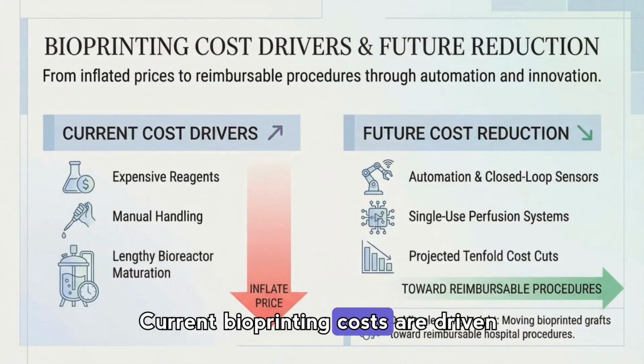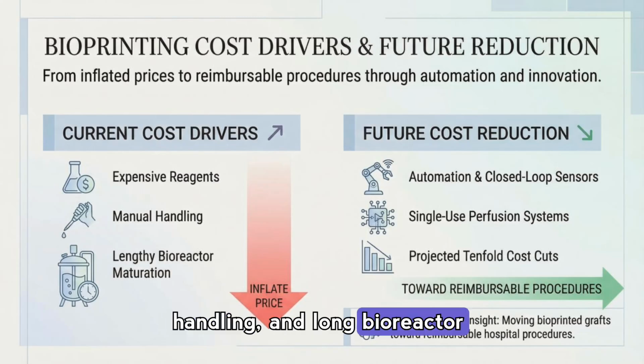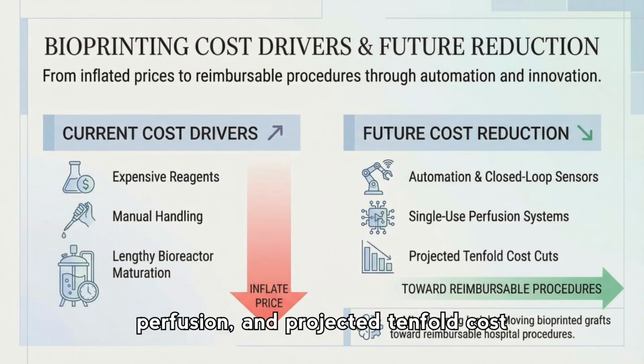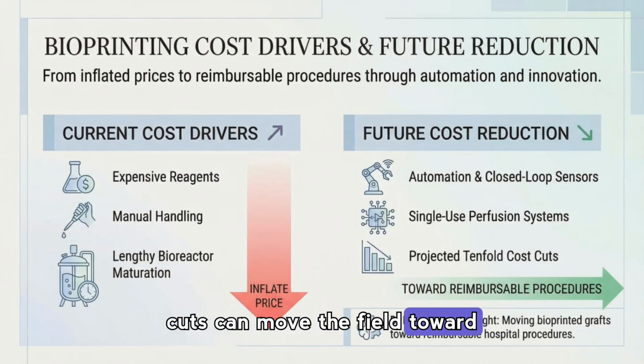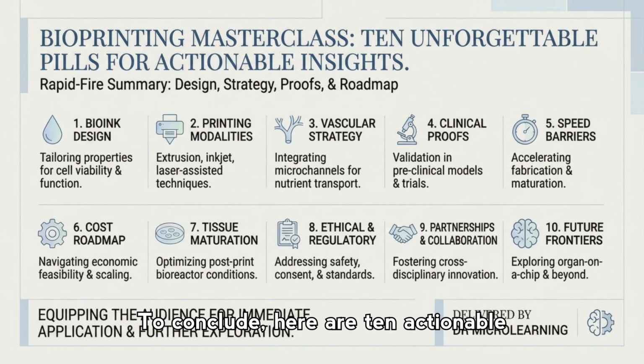Current bioprinting costs are driven by expensive reagents, manual handling, and long bioreactor maturation. But automation, closed-loop sensors, single-use perfusion, and projected tenfold cost cuts can move the field toward reimbursable procedures and wider clinical adoption. To conclude, here are 10 actionable pillars, from bioink design and printing modalities to vascular strategy, clinical proofs,